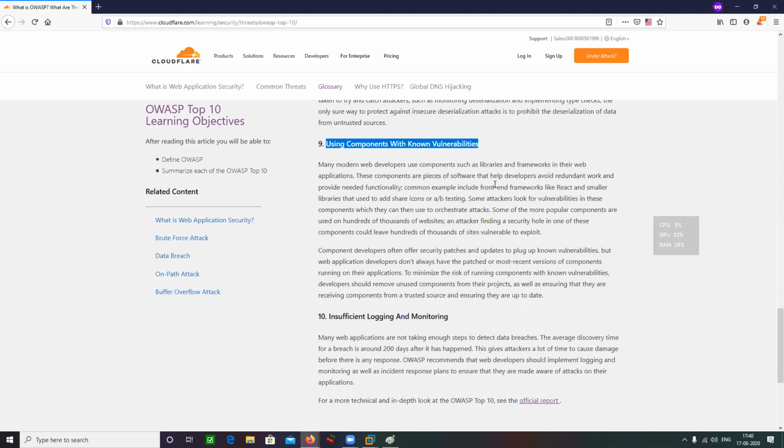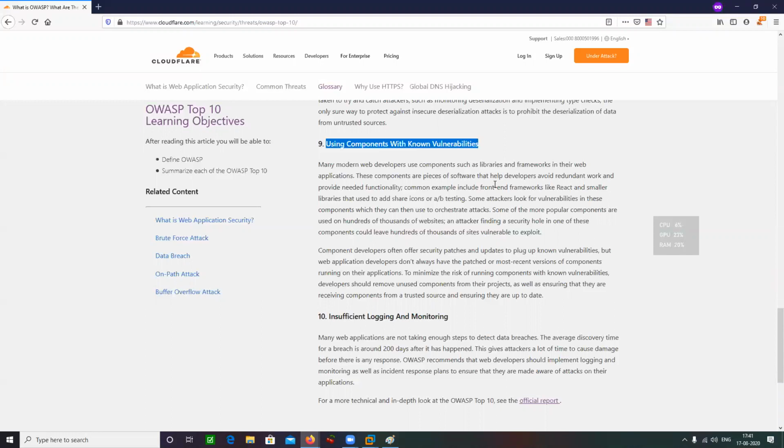For example, you are using WordPress, which is a CMS, to make a website, and you are using a MySQL database, some JavaScript libraries, and an Apache server. These are all components of a web application, and collectively they are responsible for web application security.